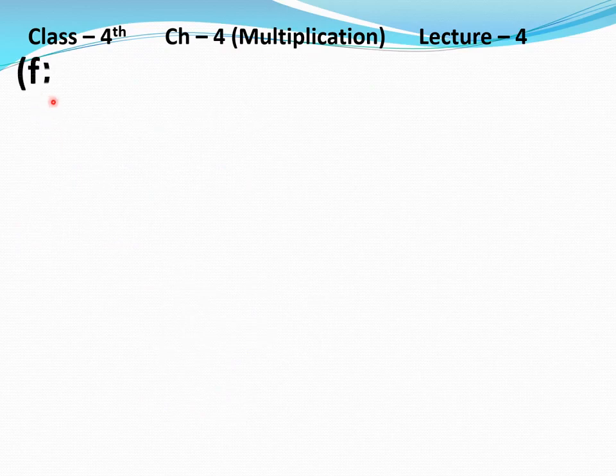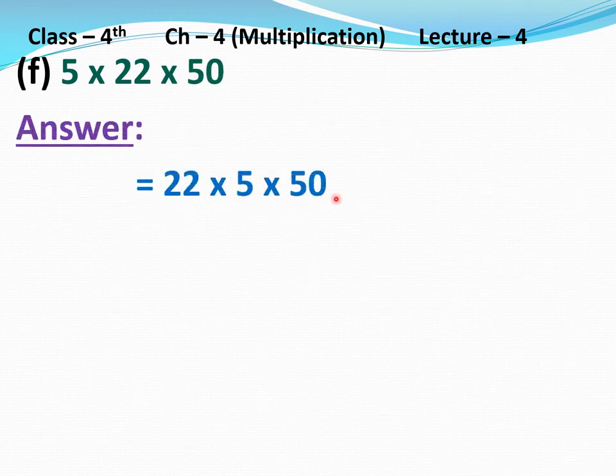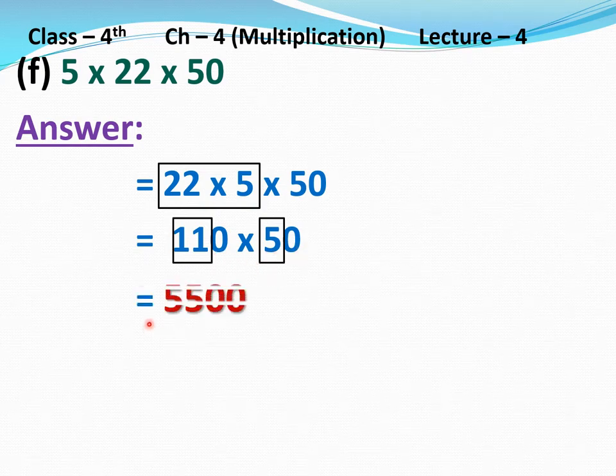Now, F part. 5 multiply 22 multiply 50. First, we will rearrange these numbers. Write down answer equal to 22 multiply 5 multiply 50. First, multiply 22 and 5. So, 22 multiply 5 equal to 110. Write down equal to 110 multiply 50. Now, first multiply 11 and 5. 11 multiply 5 equal to 55 and then place 2 zeros to the right side of the product. So, write down equal to 5500. Thus, 5 multiply 22 multiply 50 equal to